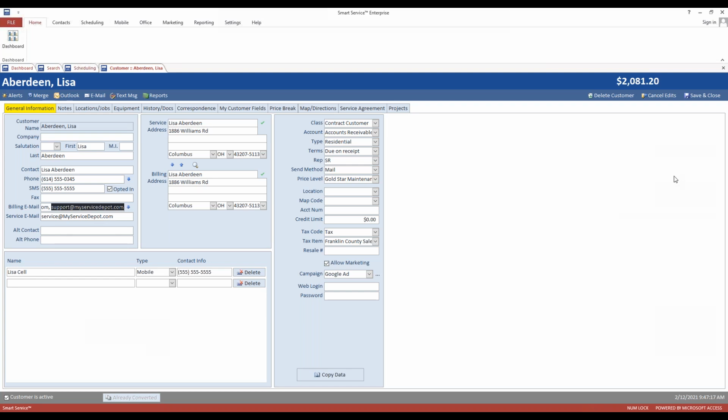Some other things that reminds me of as well, since we're talking about iFleet and the emails: when you go to complete the work order via iFleet, it's going to go ahead and bring up that service email. We did have some confusion with some customers who updated to this version that I want to clear up, just in case someone hasn't updated to this yet. When you run the conversion in Smart Service, so like you update Smart Service first to 1.11, that's going to automatically, like I said, copy all the billing emails into the service email address field for you,